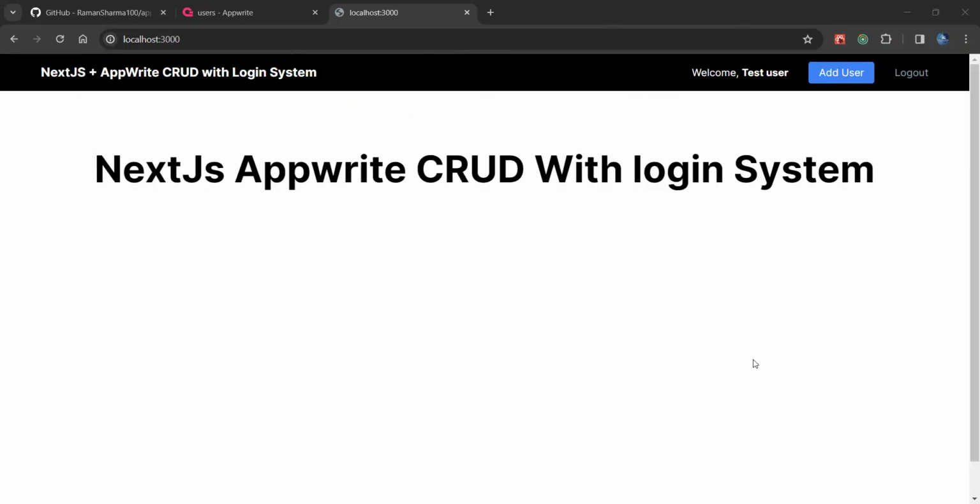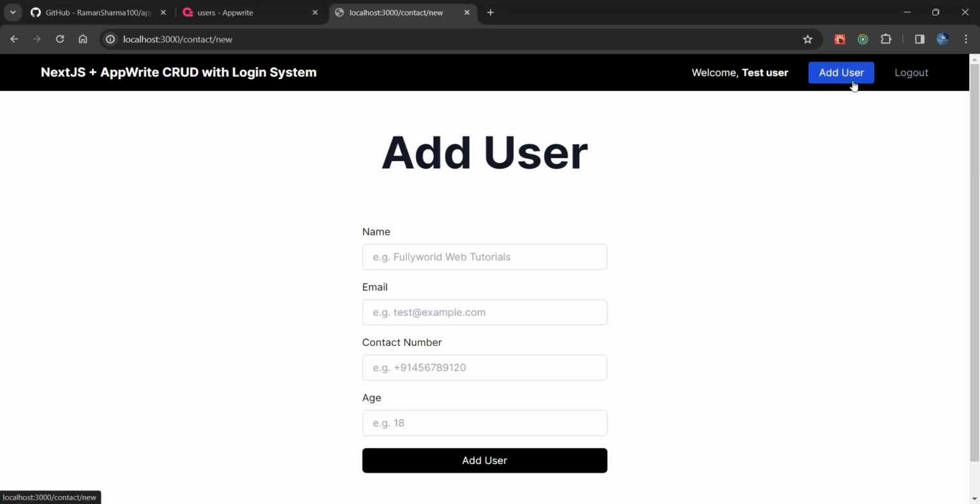Welcome back, friends. In this video we are going to create a read operation. In the previous video we created this form, so you can see that when I go to the add user page, we have this form, and the same form we have created for the edit one. Now we are going to create a read operation with the help